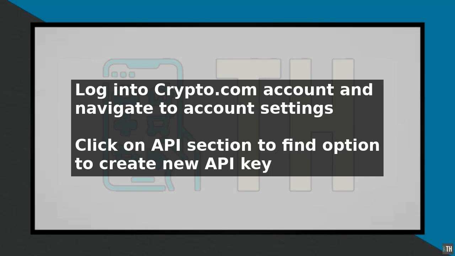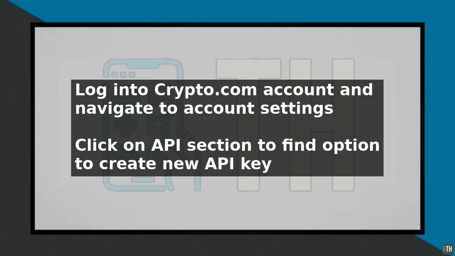To create an API key in Crypto.com, start by logging into your Crypto.com account and navigating to the account settings. Click on the API section, where you will find the option to create a new API key. Before proceeding, ensure you have two-factor authentication enabled on your account, as this is a requirement for creating an API